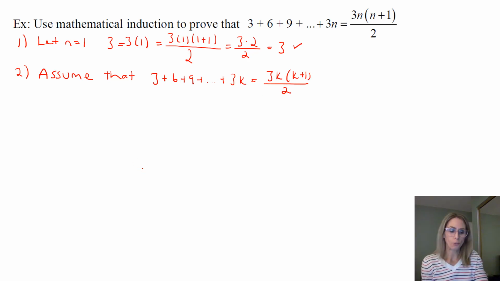So we assume that that's true, and then we're trying to show that the next term in the sequence is true as well. So now we're going to do the next term, which is the k plus 1 term. So everywhere where we see k, we're now adding a term with the k plus 1. So for us, that will look like,